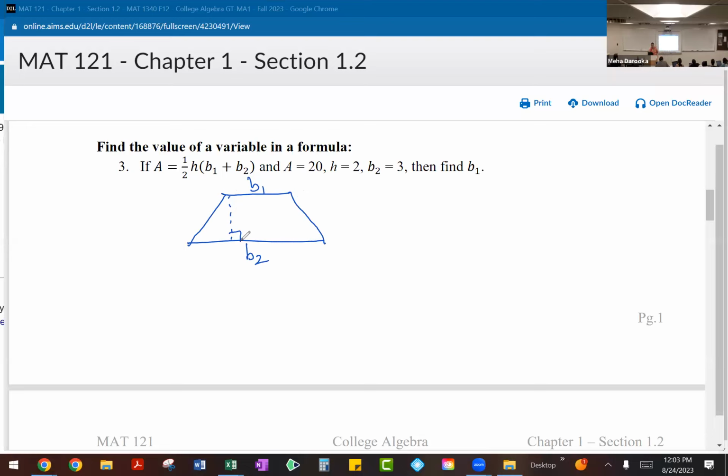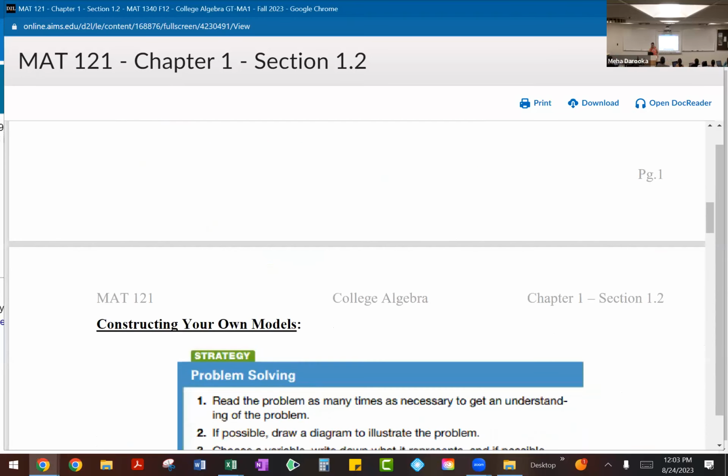So basically, I don't want to spend time on this one because I actually want to do the word problems. You can see they're giving you a value for A, a value for H, a value for B2. So four of those variables are given to you, and then you're just finding that missing B1 over here. If you plug those numbers in, you'll be able to come up with the area. And again, remember, as I said, you have these values in the spring 2020